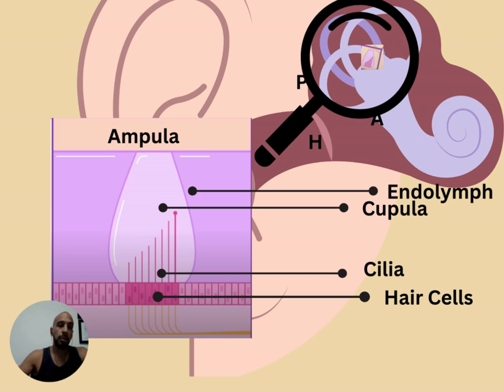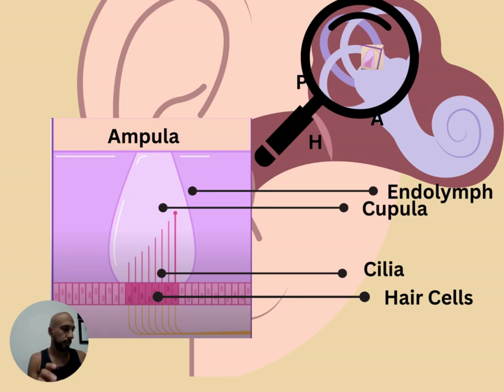I want to talk about how it works. We can't do that without talking about the hair cells. The hair cells are located in the ampulla. And that ampullated portion, the dilated portion in the beginning of each canal, houses the hair cells. The cilia is embedded in a membrane called